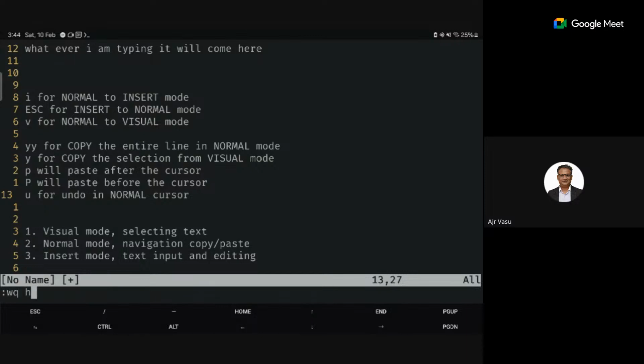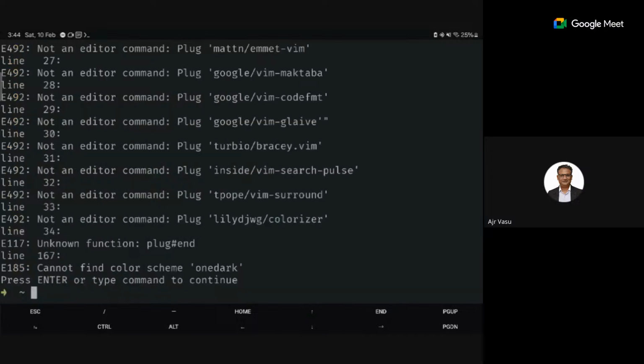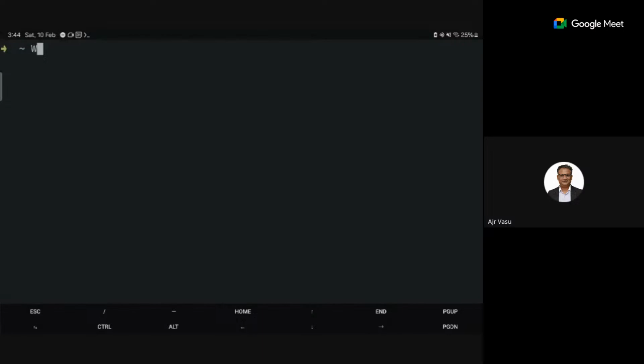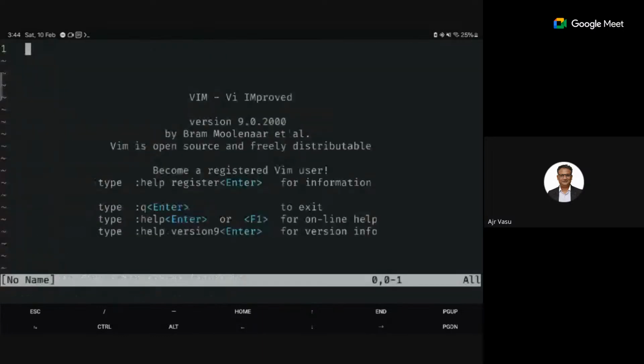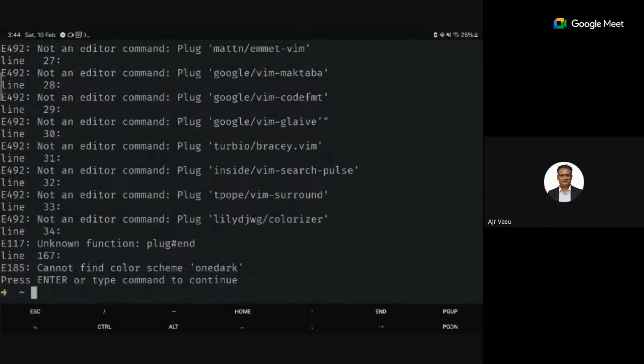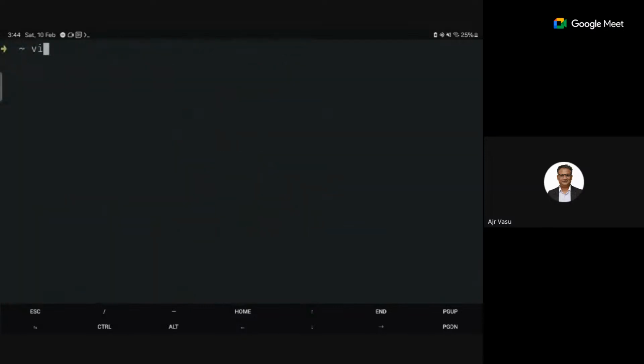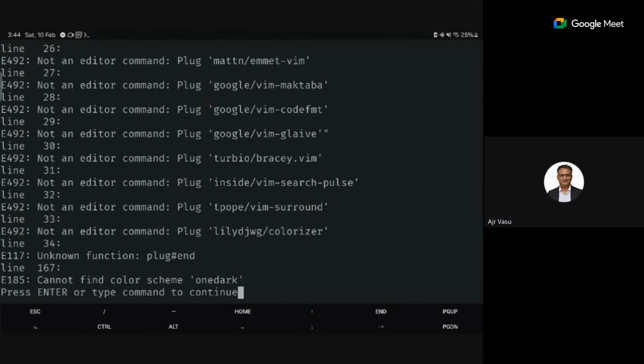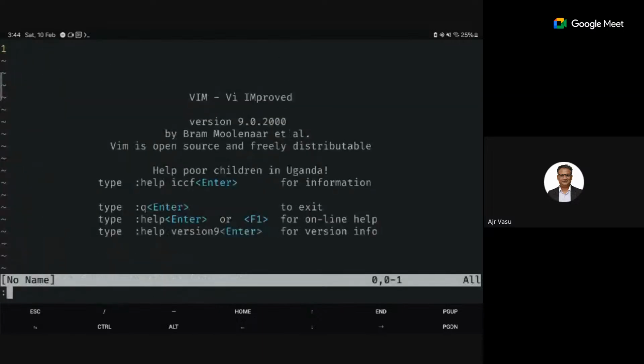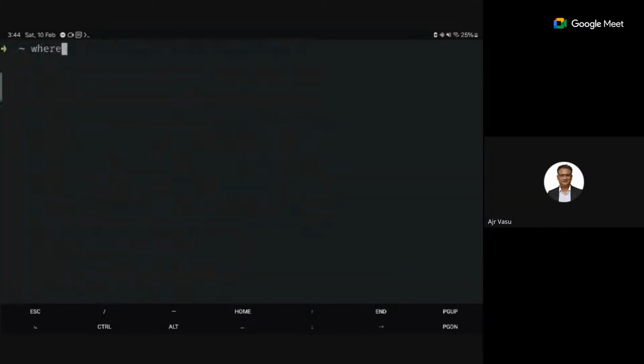So how do I know which version I am using, sir? You can use which VI. Should I do it inside VI or in the terminal? Outside, in the terminal. Even though I used VI, it is opening Vim. How you can know is, if you open VI, the starting screen will say Vim, VI improved. That means it's Vim. No, mine is VI only. I don't even know whether I have Vim.